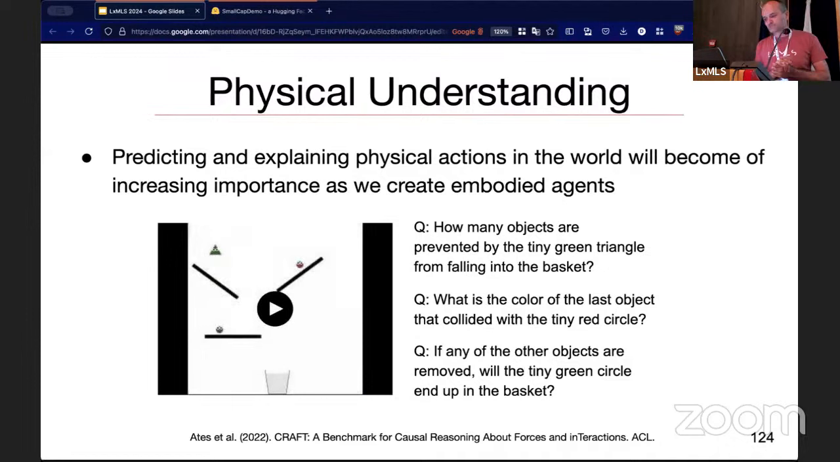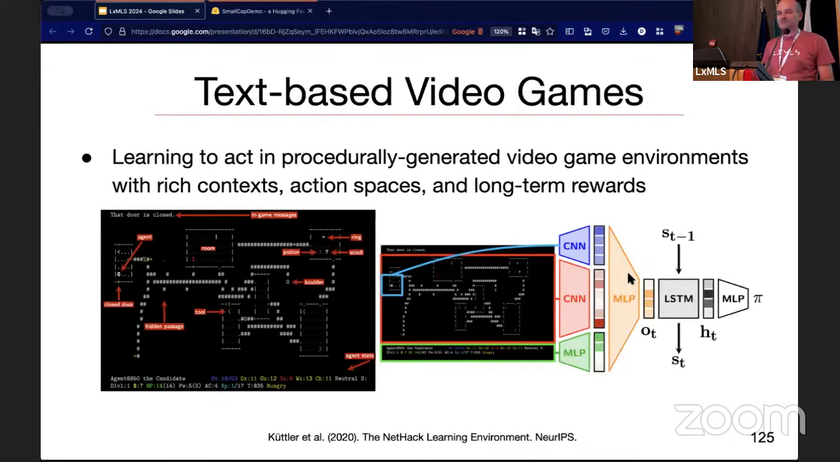But there are so many videos that have been synthetically created with this in mind. And I think that this type of physical interaction understanding is exciting. I like this a lot. I'm also quite excited about text-based video games. So there's a video game called NetHack. Hands up if you've played NetHack. Oh, two